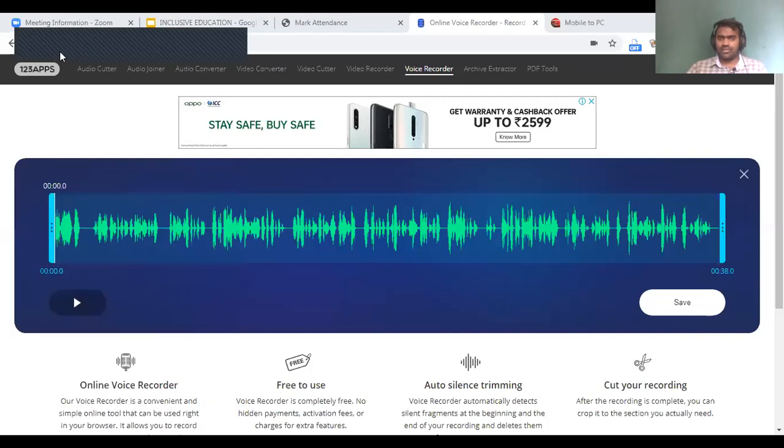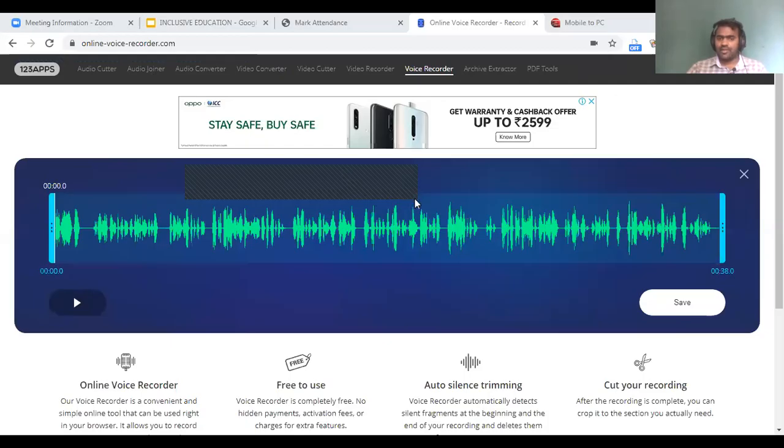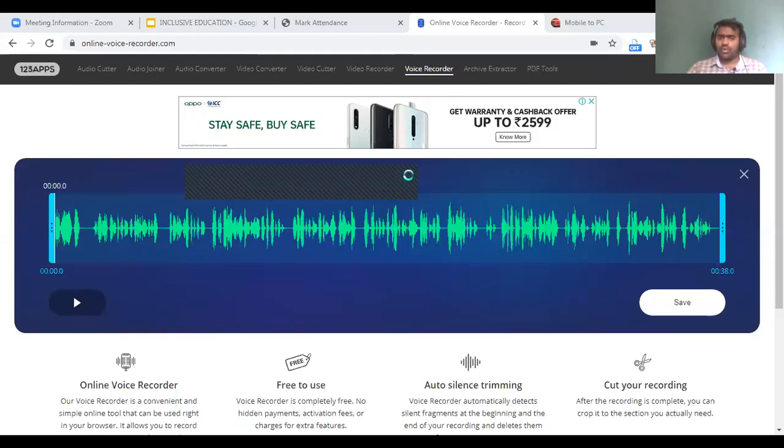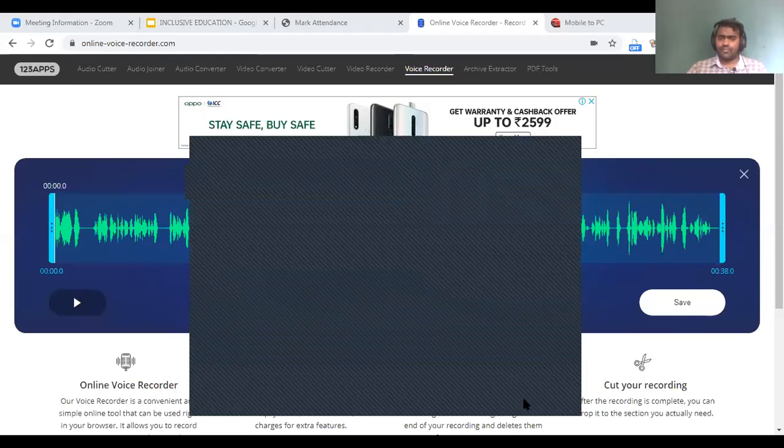Just start recording, then speak, whatever you speak would be recorded on your computer. That file you just rename to slide 2, slide 3, etc. Then you stop it. Then you take the file into Google Drive. This is the easy way. No need to go to a site and all. Windows has a sound recorder by default. Use that.